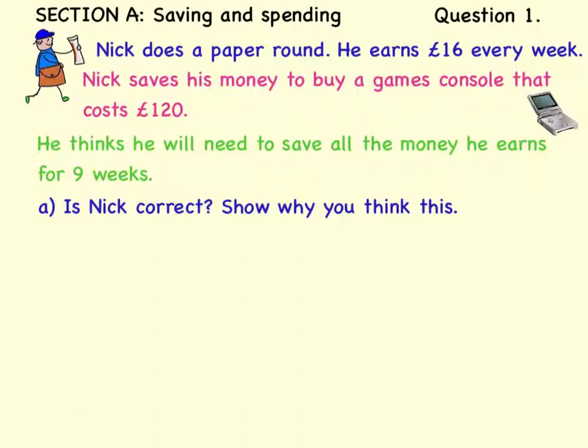There are several ways of approaching this question that all lead to the same answer, but I'm only going to show you one way. If we multiply the £16 that he earns per week by 9, that will tell us how much money he will have saved over the 9 weeks. So 16 by 9, plenty of ways of doing this. I would do it this way. 9 times 6 is 54, carry 5, 9 ones are 9 and 5 is 14. So over the 9 weeks he's going to save